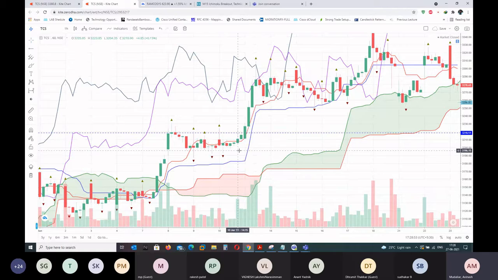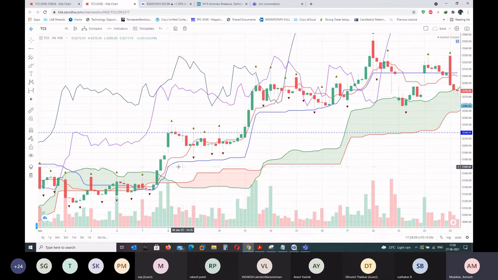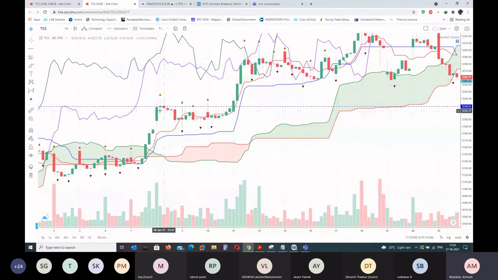Okay, and one more thing is, how will you know a trend is going to last? Let's suppose you are in a buy position. How will you know whether the trend is strong or weak? The basic point is, whenever price is respecting the Tenkan-sen, so here you can see this is the red line. Whenever price is respecting the red line, you can see it's closing below the red line, but it is not touching the blue line.